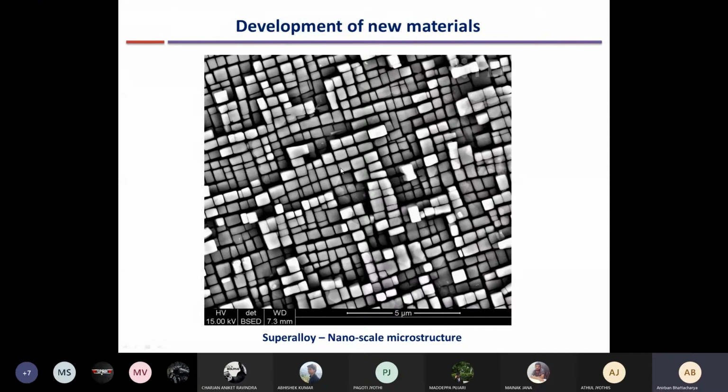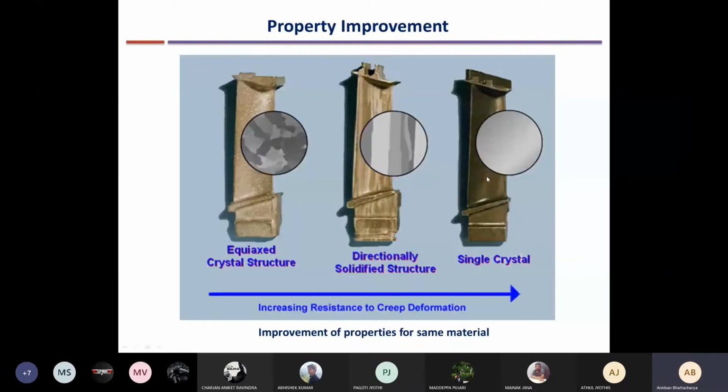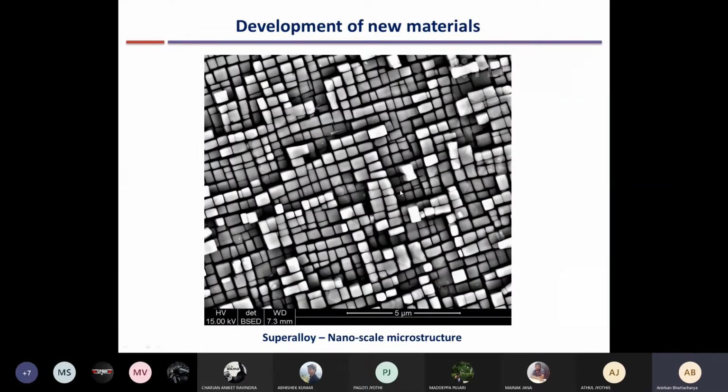Nowadays we can go to very high temperatures because we use superalloys. Both processes play a part in improving the creep resistance. One is that we use directional solidification, so by modifying the microstructure we improve the creep resistance. The other is modifying the material itself: instead of a normal alloy, we use a superalloy. That also improves the creep resistance. So that is how modern turbine blades are made.